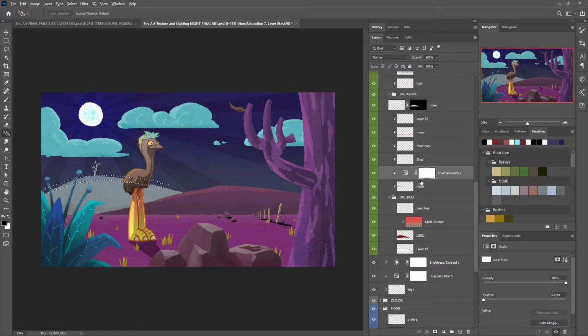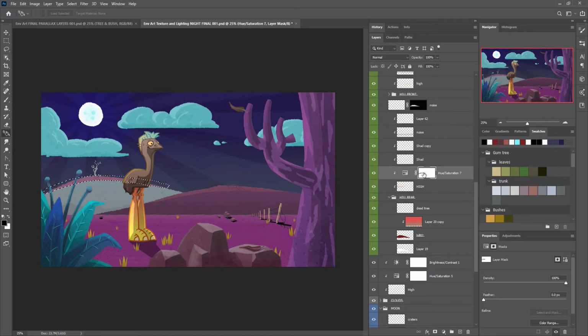So I'm going to fill that like that. You can see now I've got the little black line on the mask where I've just filled it. And you can see that the color of that area has reverted back to what it was before. Now what I need to do is deselect the selection